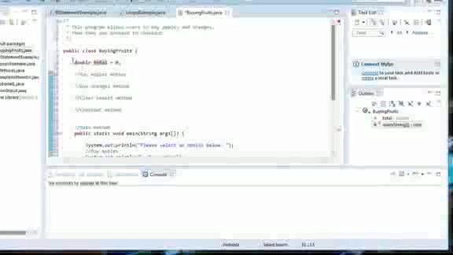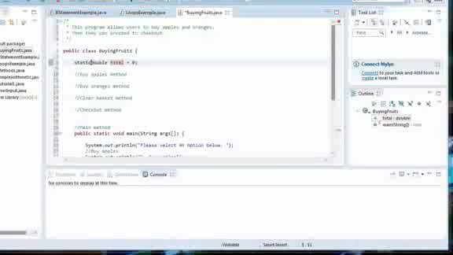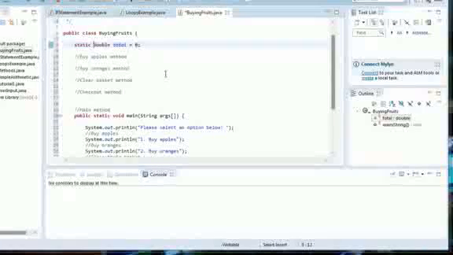I'm not going to explain in depth why you need to put static at this point, but I definitely will in my future tutorials. But for now, just leave it as static. And assume that everything in this tutorial needs to be static, including the methods. Okay,